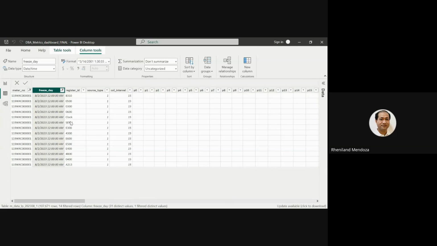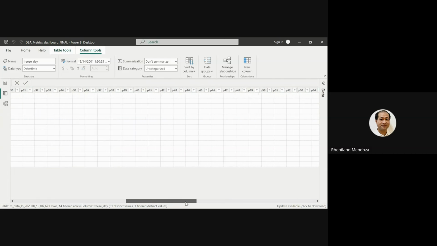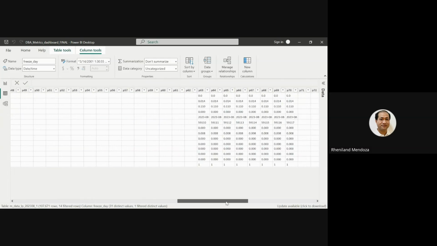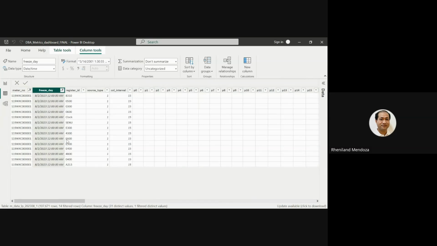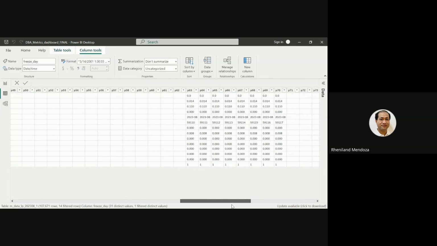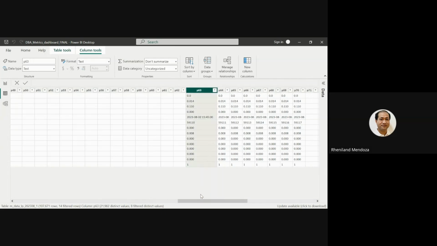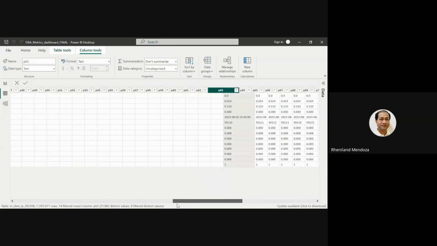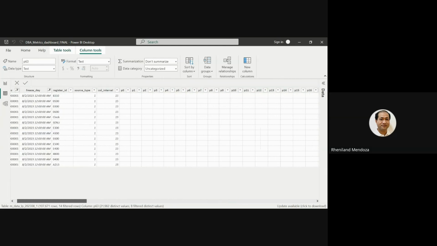Among others, we have here a clock, and the clock represents a date, so we can have this as maybe a subheader. The first thing I can see here is that from P0 to P62, we have null values.